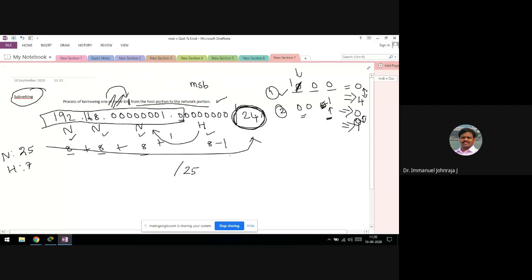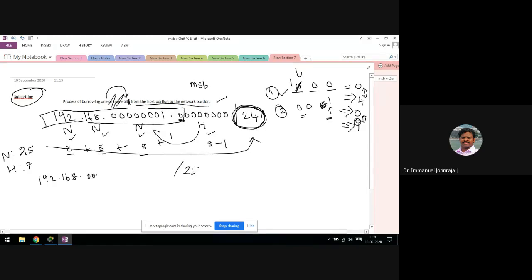All right. Now I have borrowed one bit. Let me take the example of the thumb drive which we have just quoted. I have borrowed the thumb drive from my friend, and I now have at least two options. Either I can use it or I can just keep it in my pocket. All right. In a similar way, I have borrowed one bit from the host to the network. I can keep it either 1 or 0. So what am I doing? Initially, I'm going to keep it as 0. So it becomes like this: